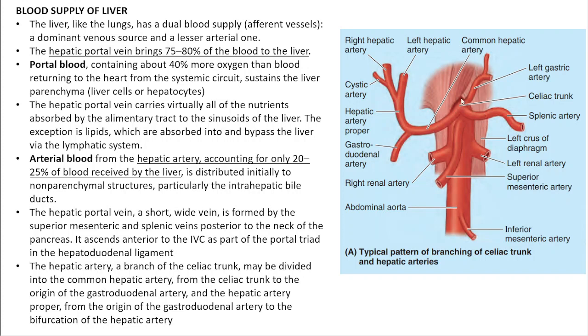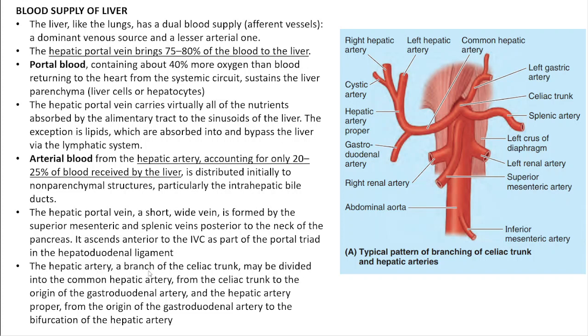Now, the common hepatic artery is called common hepatic from its origin up to the origin of the gastroduodenal artery. It also gives the right gastric artery, either from the left side or the right side of the gastroduodenal, but we call it the common hepatic artery from the origin at the celiac trunk to the origin of the gastroduodenal artery. After that, we start calling it the proper hepatic artery, and that divides into the left hepatic artery and the right hepatic artery, and that usually gives the cystic artery.